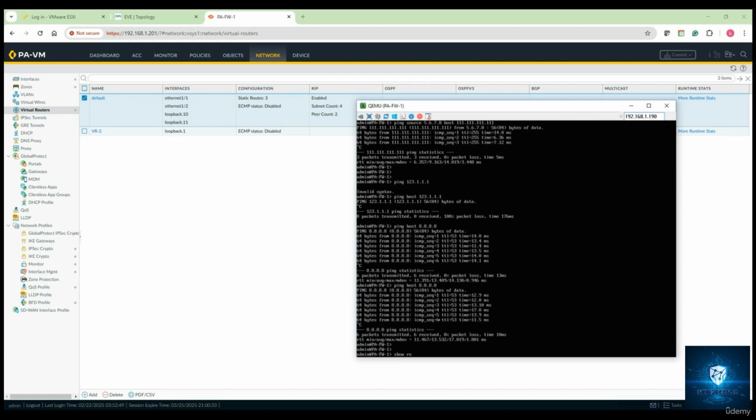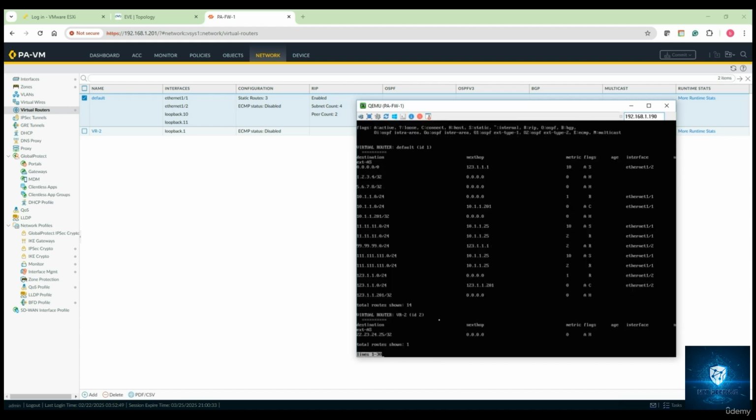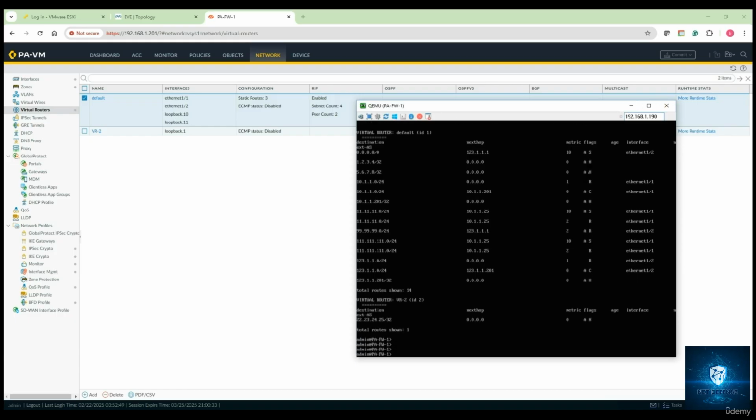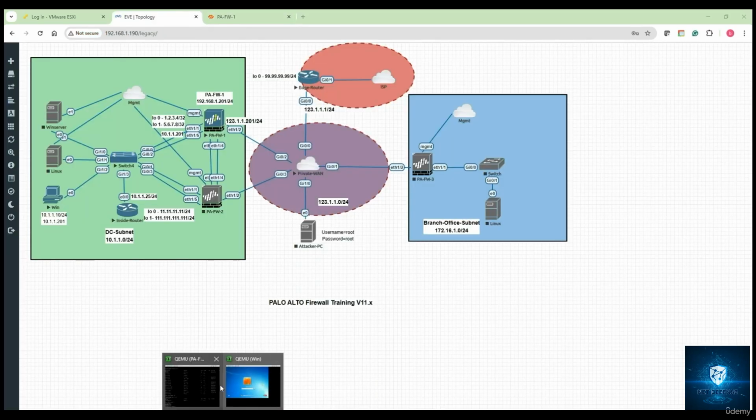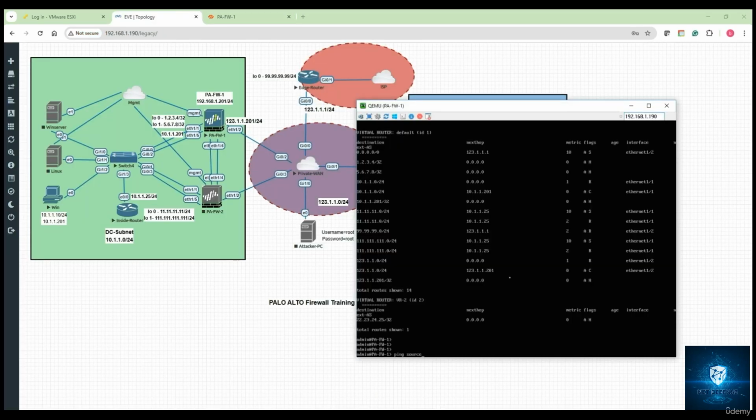So this will be show routing route, and I can see that I'm receiving the RIP routes, respectively 11 and 111 using RIP, and also 99 using the RIP protocol. All right, let's verify that from the Palo Alto itself. Let's say ping with a source. Okay, so from the Palo Alto I do a ping with a source to reach the inside router loopback. So just say 1.2.3.4 with a source of